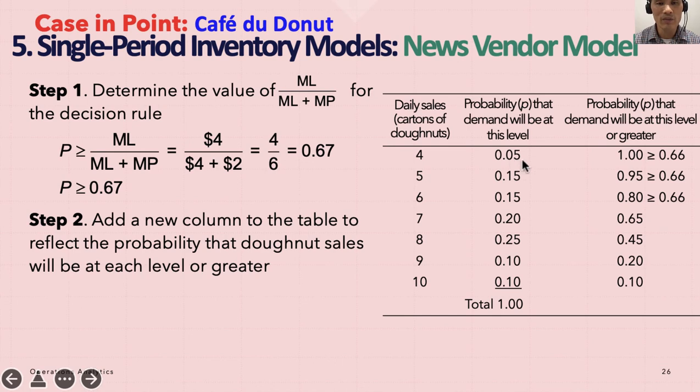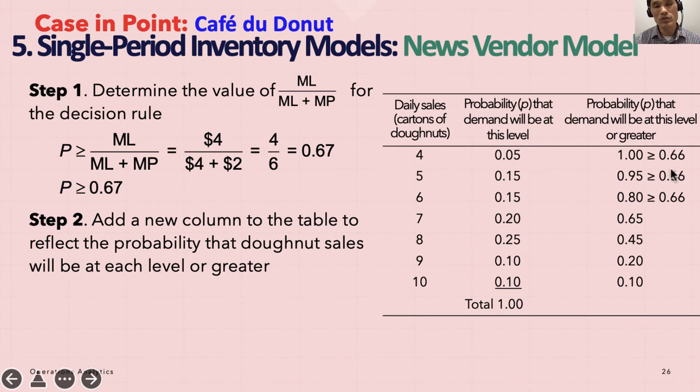So if you add 0.05, 0.15, 0.15, 0.20, 0.25, 0.10, 0.10 together, it's going to be 1, right? And 1 is greater than 0.67, so this is acceptable daily sales that you want to use. The second one is 5, and you have 15%, and now you exclude the